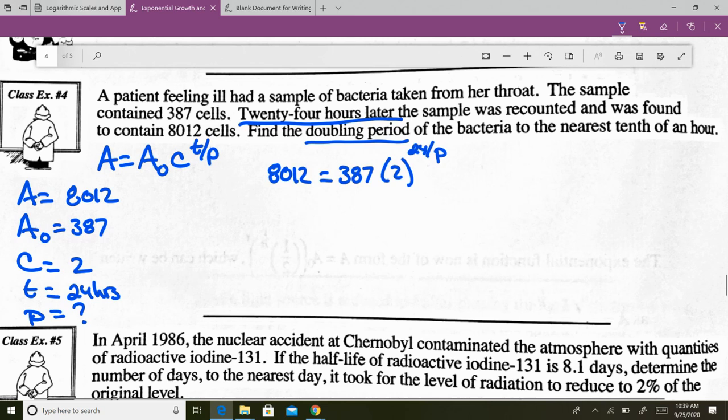So there we go. Now, do not multiply 387 times 2. Why not? They don't have the same exponents. Okay? This 2 is tied up with all this stuff, so you cannot multiply these together. Please don't do that. That is a common mistake. What are you going to do with the 387? What's the only thing you can do? Divide it off. So if I divide by 387,